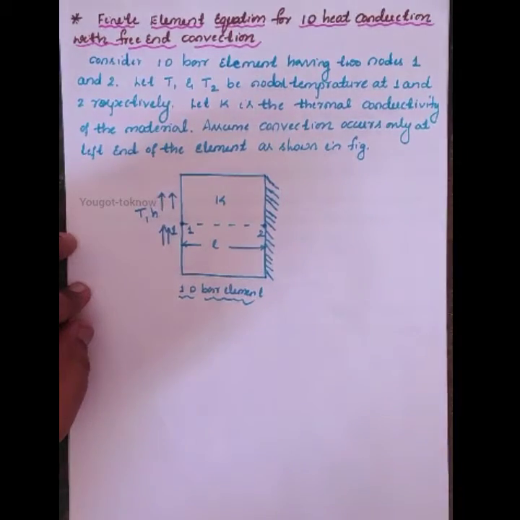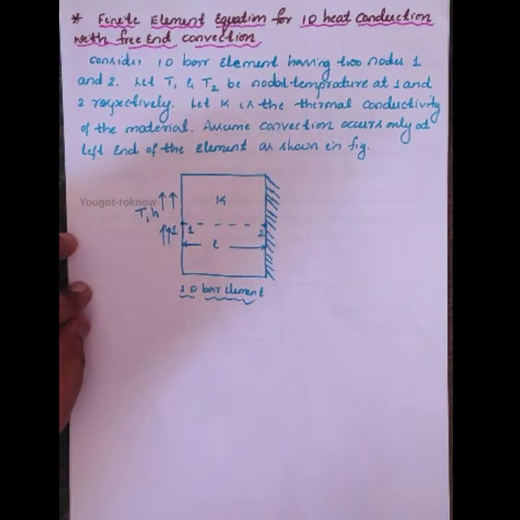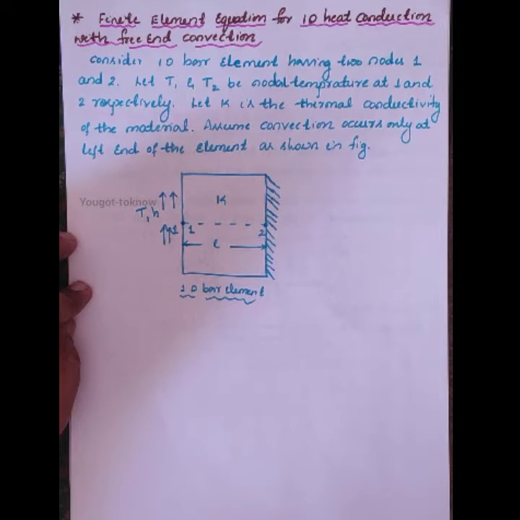Now why do you require this? Because sometimes the problem will give both convection and conduction. Now how to formulate your global matrix? The global matrix should consist of your conduction as well as convection. To know this, first we know how to determine your conductive matrix. Now one more thing is, what is your convection matrix for these kinds of problems?